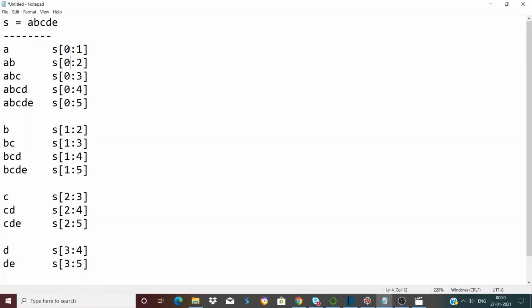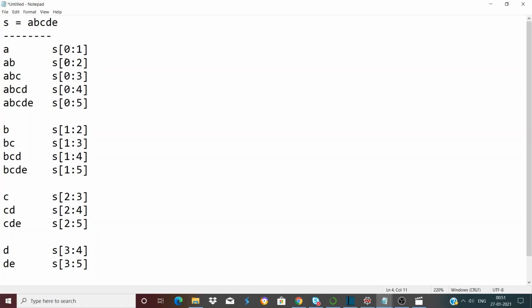So for the first step, the starting index is always 0 and the ending index will keep on changing. As I have just mentioned, we have to keep on incrementing the number of extracted characters by 1 in each step. Fine. So first it will be 0 to 1, which will extract only the character at index 0.